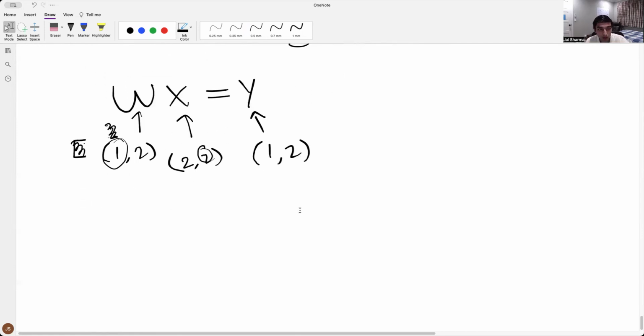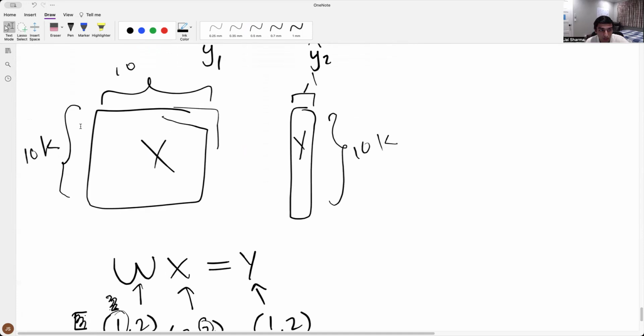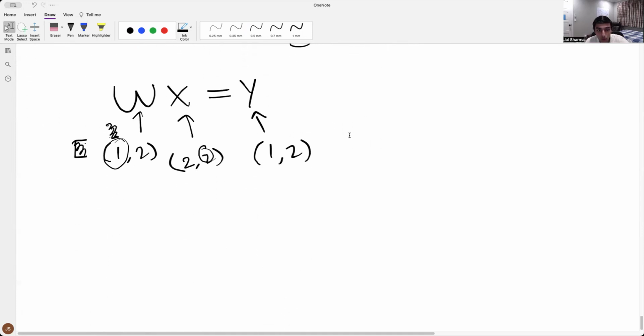Okay, so now let's say that you have a bigger data set, right? And this was 10,000 examples and 10 input features, and then there's only one output feature. So we want to know, what is the shape of W going to be like? Well, we don't know the shape of W, right? So let's say this is P and Q, but we know the shape of X. It's 10,000 by 10, and Y has the shape,